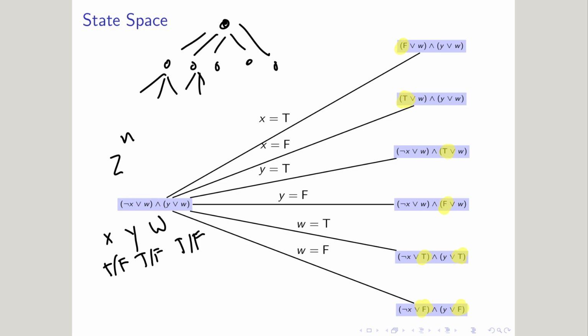And then maybe some of these just don't work. Some of these look really promising. So this means over here, once I set w to be true, say in this example, it actually doesn't matter what the other ones are. So this is a really good branch, where some of these are looking more problematic. So setting w to be false, there's only one configuration there. But so this allows us to basically do